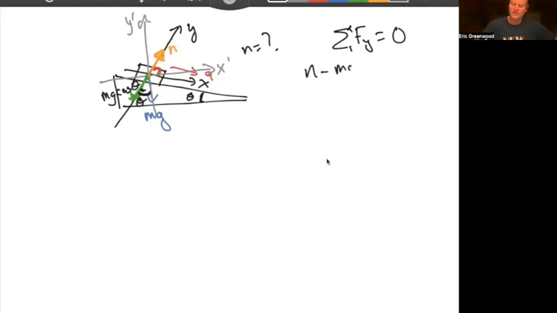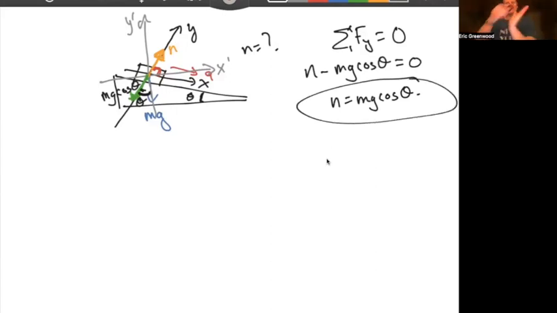So I get minus mg cosine of theta equal to 0, which means in this case my normal force must be equal to mg cosine of theta. So as soon as I go from here, where the entire normal force is simply mg, to here, it is now reduced by cosine of the angle. So this normal force is going to keep getting smaller and smaller until eventually I hit 90 degrees, where it goes to 0